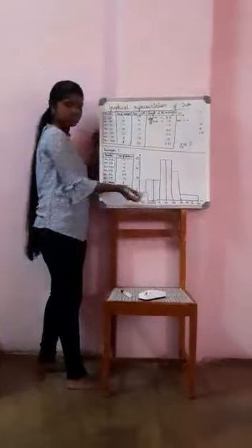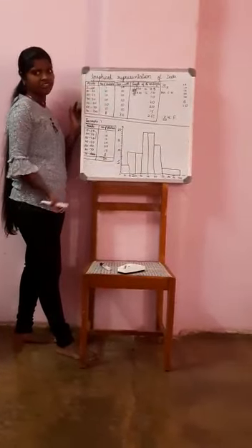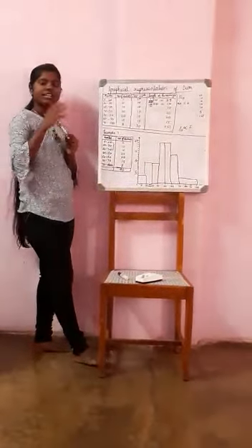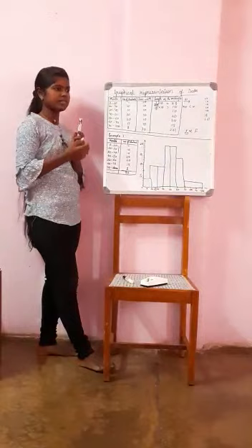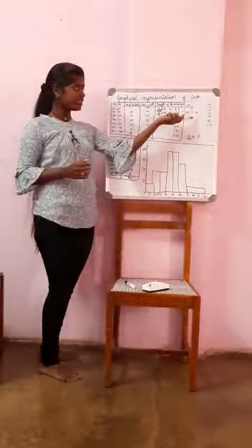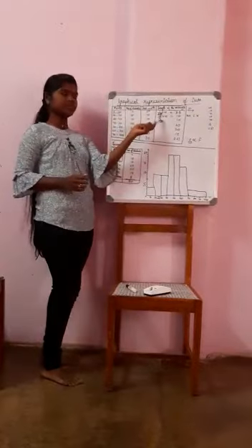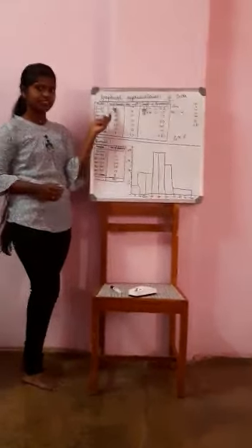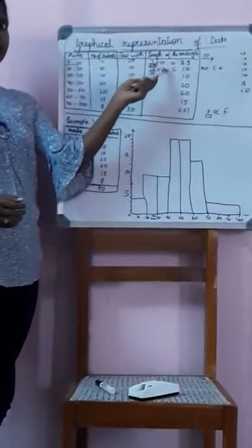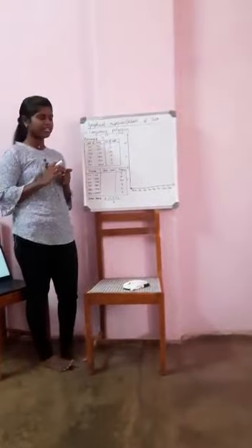Now, if you go through this histogram, you can see that the marks is proportional to the frequency. Whenever you get any sums like this or any table where the rectangles are not proportional to your frequency, you will use this method where you will select the minimum class width, then select the frequency. For each frequency, you will do the same procedure. Now, I will select the frequency of 7, divide by its class width into the selected minimum class width. Now, if they tell us to mark a frequency polygon, how to do that?